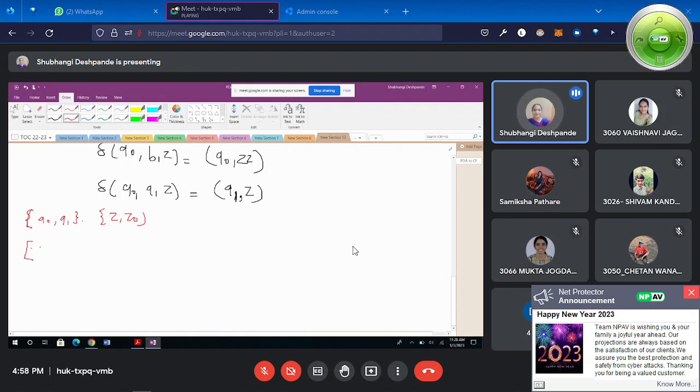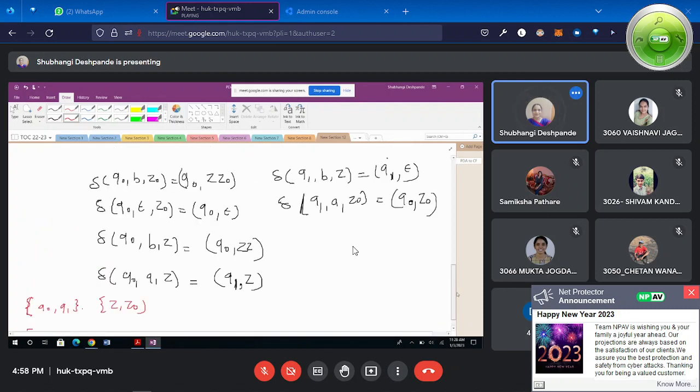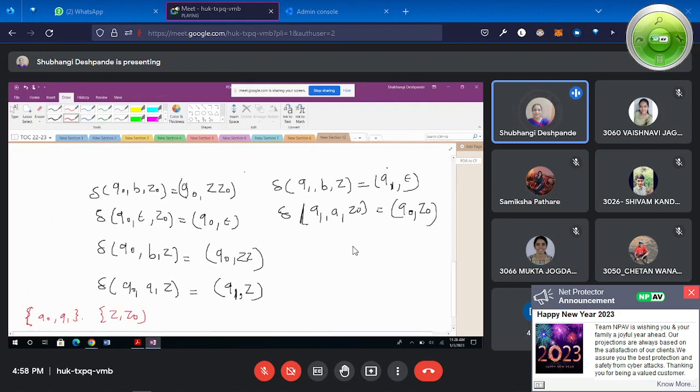So Q0 is entering into Q0, right? With the help of this you can write down the states. So here see: Q0 Z0 Q0, Q0 Z0 Q0, then Q0 Z Q0, Q0 Z Q1, Q1 Z Q1,